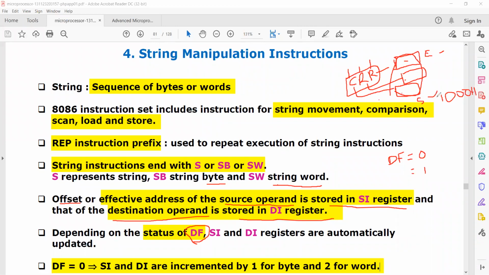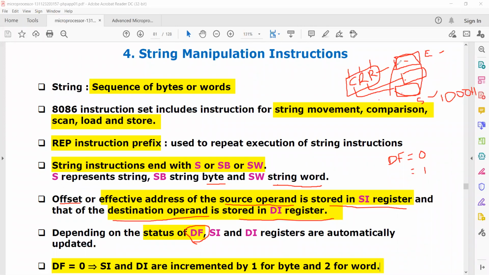We have to increment this address by another two locations in order to access the entire string called CRR. So this 1000 location has to be incremented by 2.